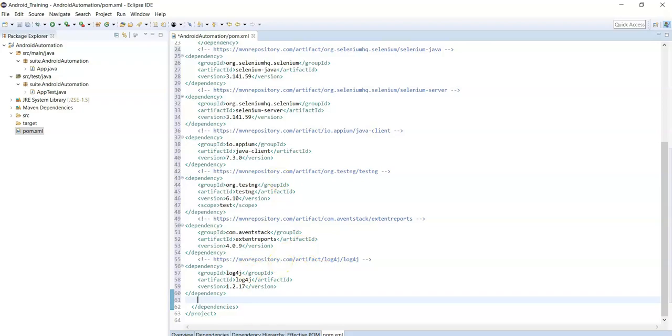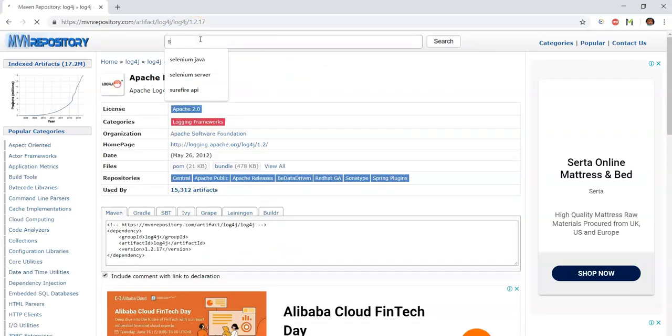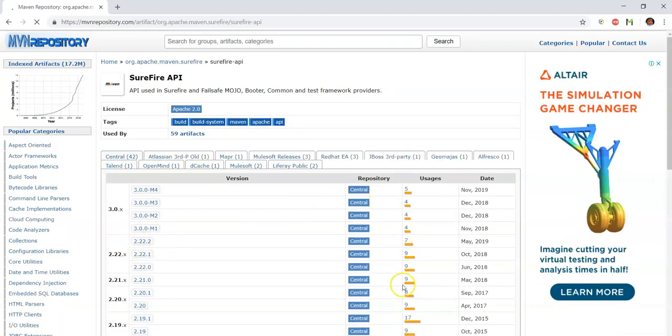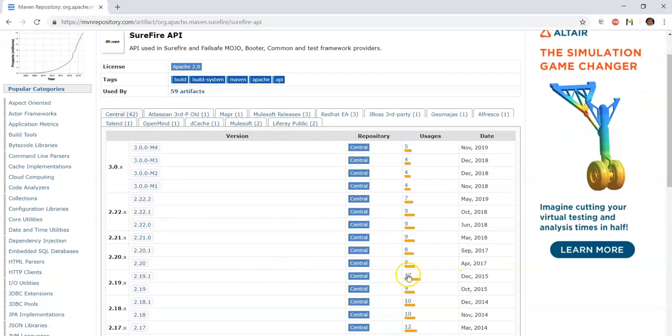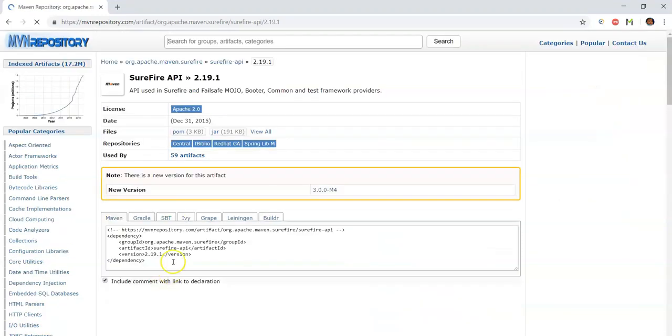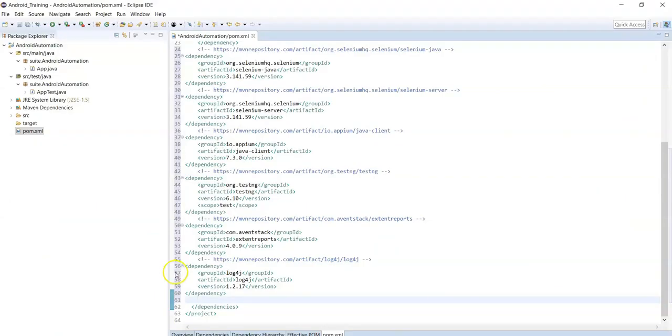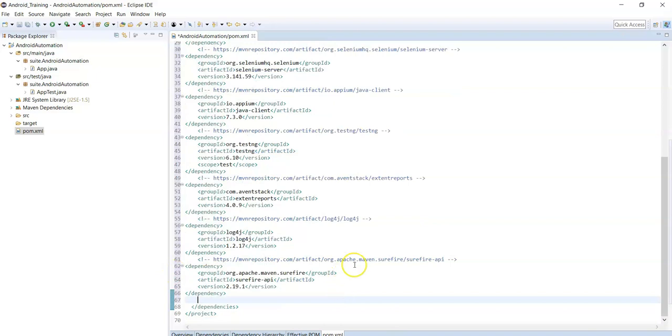And the last one, Surefire API. This is the stable one, 2.19.1. Copy this dependency and place it in the pom.xml file.